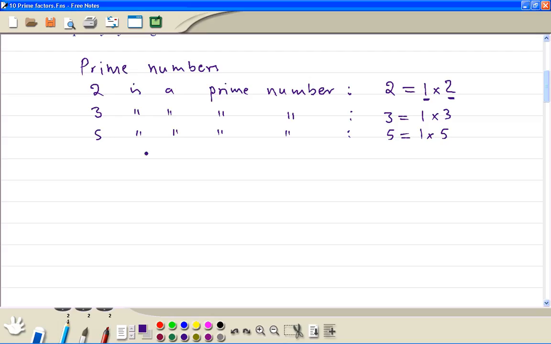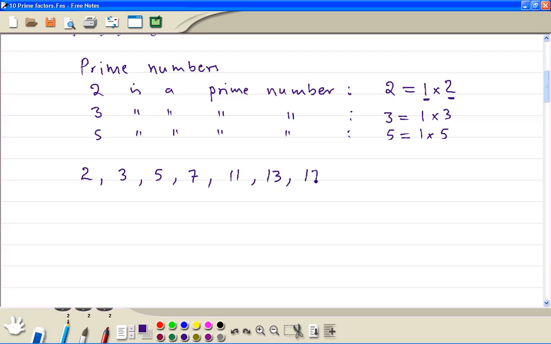Now let's list all the prime numbers up to 50. So the first prime number is 2. The next one is 3, 5, 7. It's only 2 that is the even one. All the others now are going to be the odd ones. So 3, 5, 7. The next one is 11,